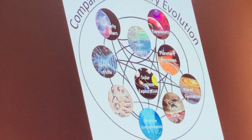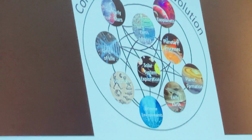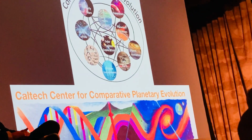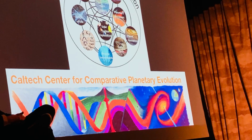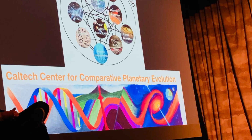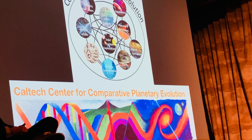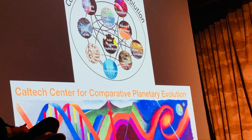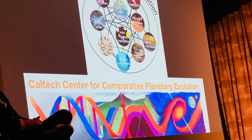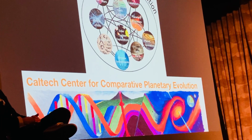And to really make this happen, we have just in the recent past started what we call the Caltech Center for Comparative Planetary Evolution, which really does blend all of these different things into a set of scientists all trying to understand how planets put themselves together, how life emerged on Earth, why we're here. And I think this is something that's fascinated humans forever. But I think that actually we're going to answer these questions. I think these questions seemed unanswerable even 10 years ago, and I think if you just wait a few more years, we're going to actually finally know the answers to